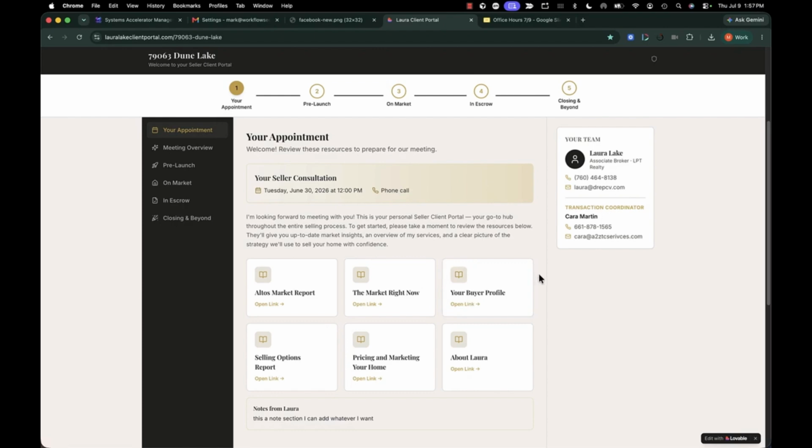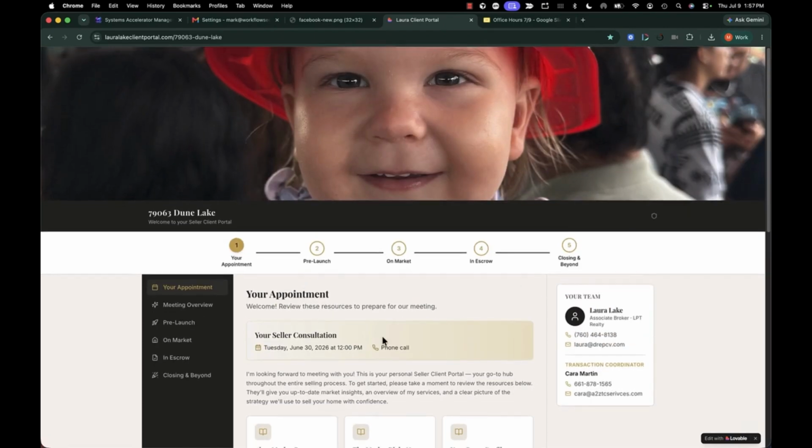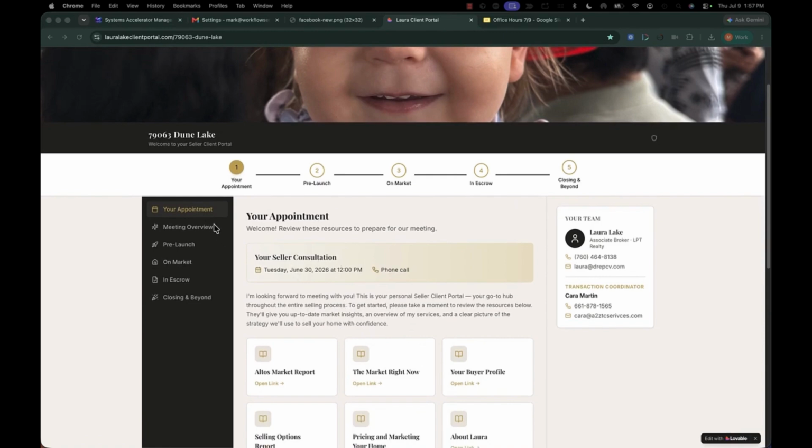There's a back end to this where Laura goes in and she does all the updating from the back end. And that's great, but there's a lot of manual work there. This had a lot of really good qualities that I really liked. Whenever you've got a lead, somebody that you're going to do an appointment with, there's an appointment area where,